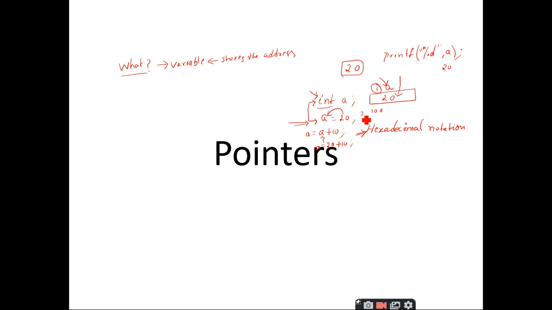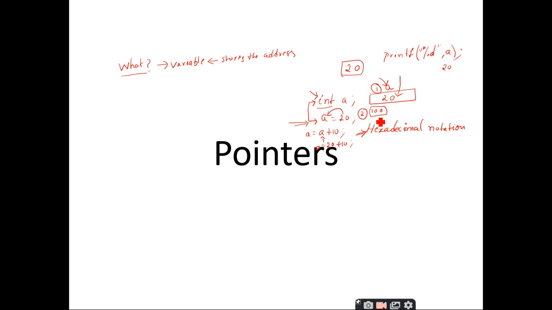The second method through which you can access the value inside a memory location is by making use of the addresses. So why are we giving this variable name for these 4 bytes of memory? It is very difficult for programmers to deal with these memory locations, these hexadecimal notations.